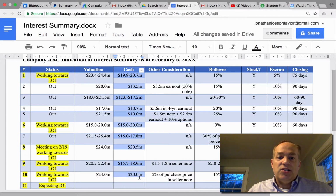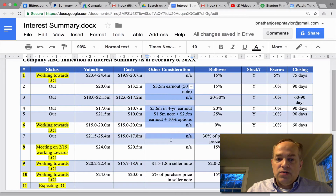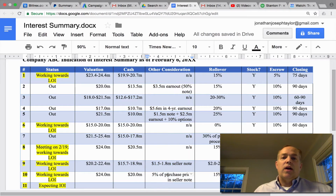And then in some cases, they had other considerations. So in a couple cases, earnouts were offered. That's basically where the buyer says, "Hey, I'm not going to pay you cash up front, but after we buy the business, we'll pay you additional cash out of the income of the business for the next 2, 3, 4, 5 years potentially." So we had a few groups offer an earnout